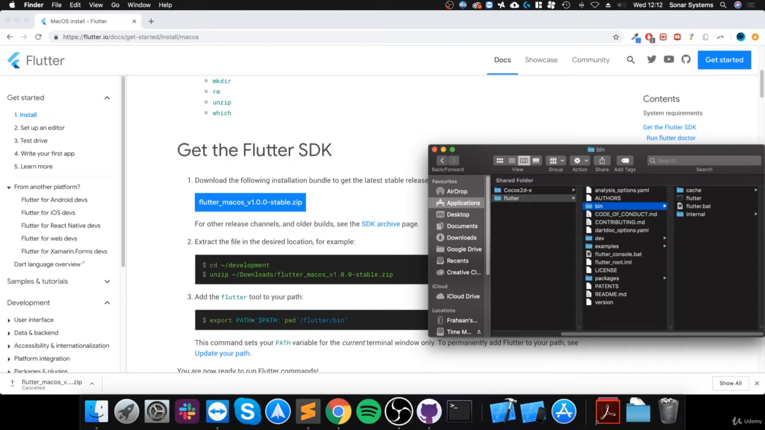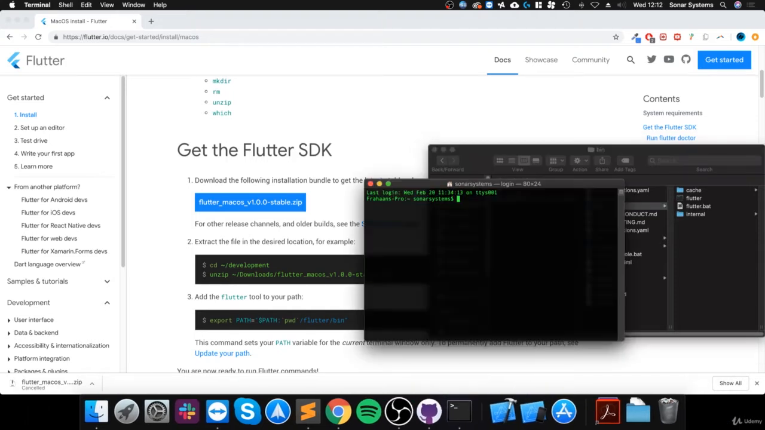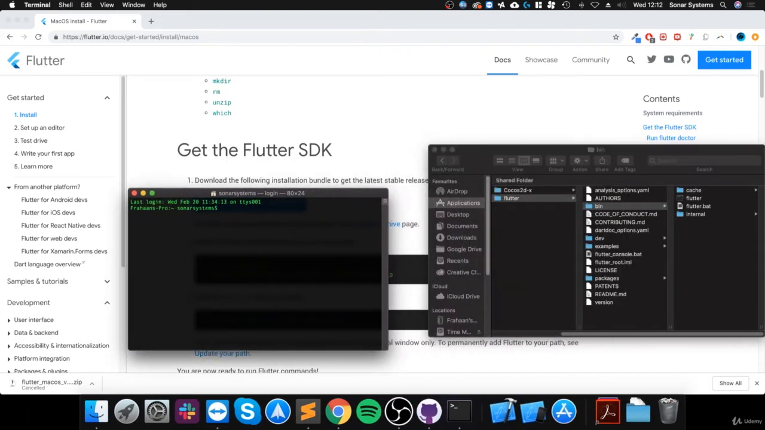To do that, it is pretty simple. If you open up terminal, what you want to do is type in cd. This will take us back to our home folder if you're not already in there, but by default it should be. Now you want to type in